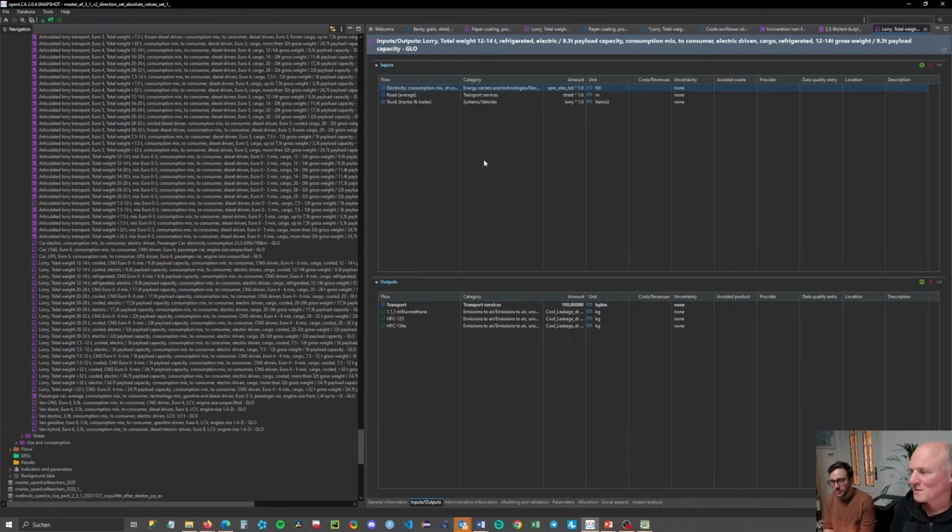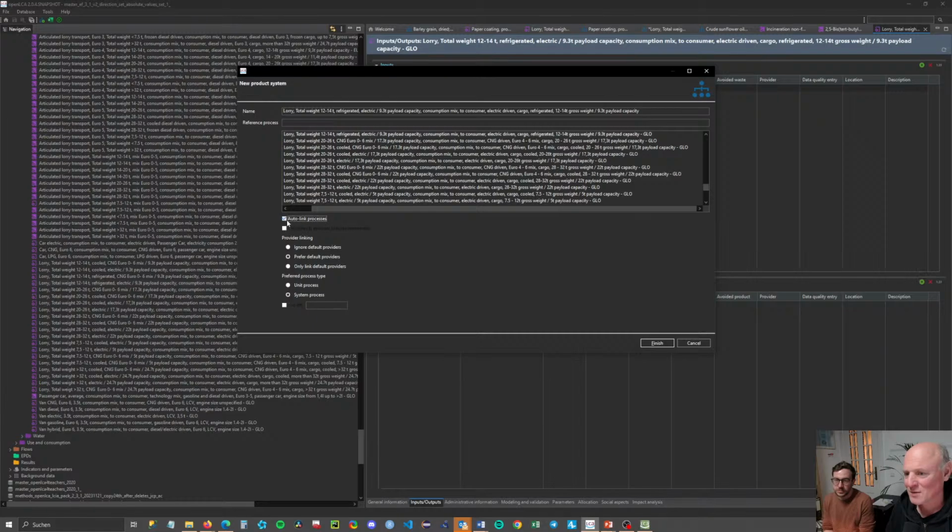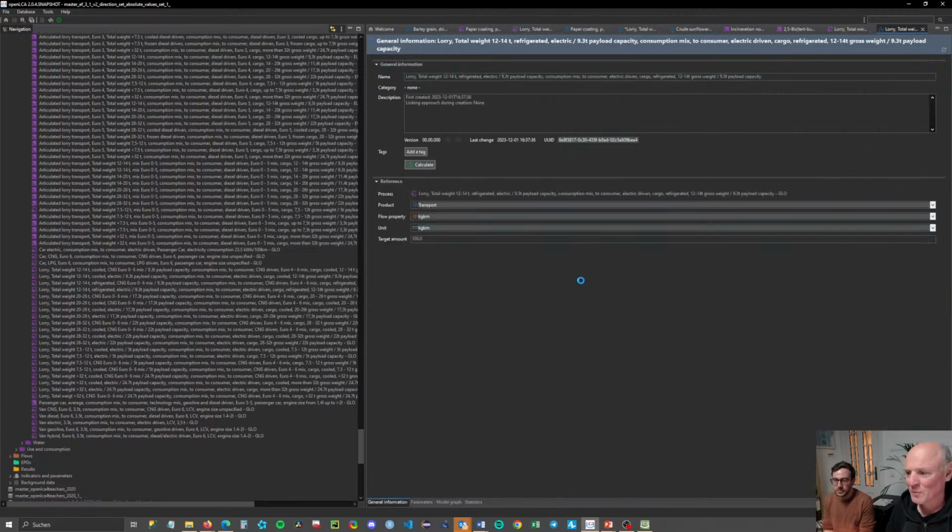You have typically system processes, and therefore you don't have these 10,000 connected processes that are impossible to manage manually. But if you make an EF study, you have your own foreground system that you anyhow need to make yourself, and then you connect to a system process, and then it's finished. Therefore, it's not really too much of an issue that this is done manually, but you only need to be aware that in this context you should not use this auto connection, but make it like this, so that you uncheck auto link, and then you have a product system that